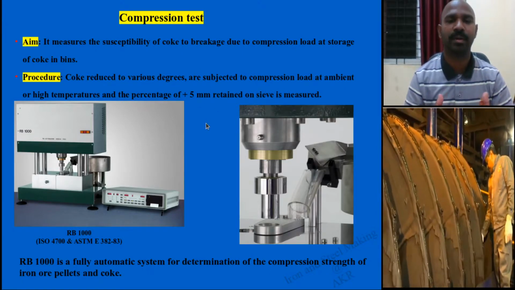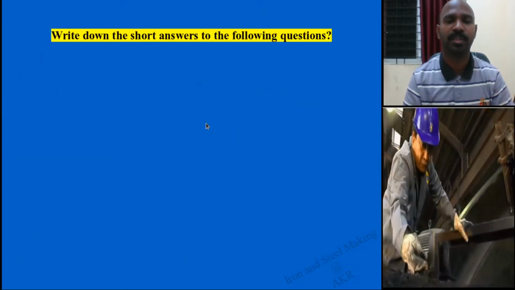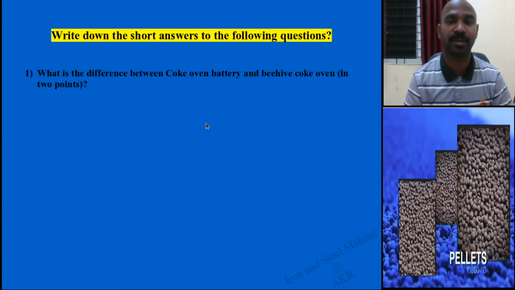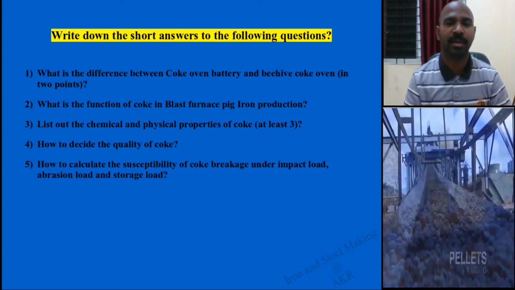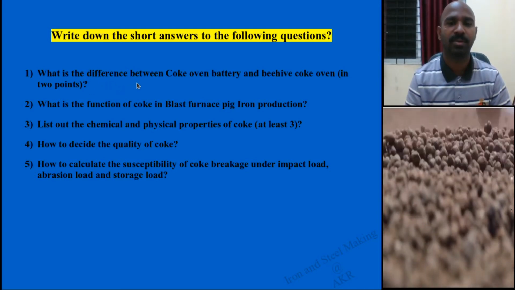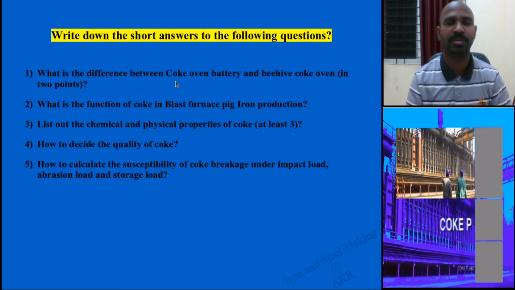That is one indication. Now, coming to a few questions to conclude today's lecture. Those questions are as follows. What is the difference between coke oven batteries, recoverable